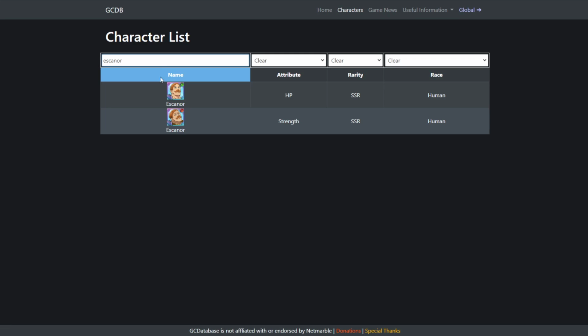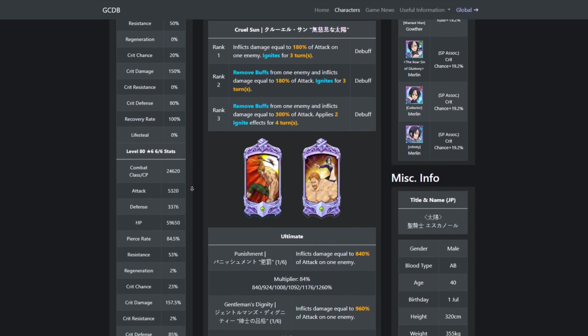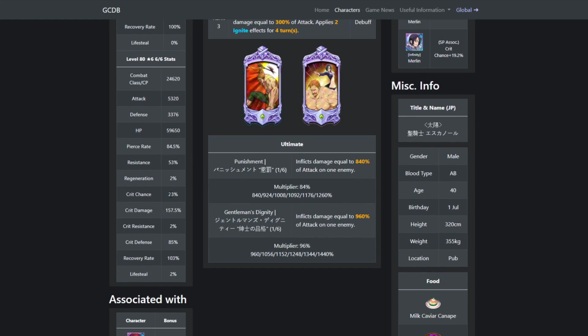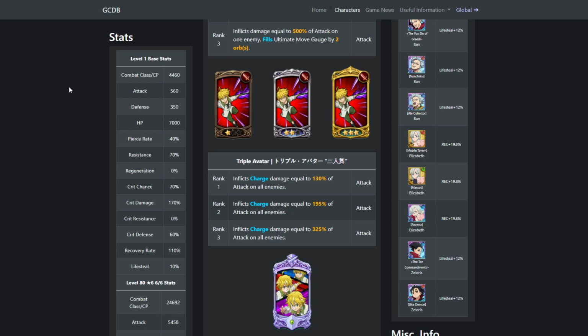If you look at Escanor, both Escanors, doesn't matter, his crit chance is 20%. With weapons and everything, it's like 30 plus, right? Merlin also gives him 19%. So Escanor's crit chance becomes, I want to say, 50-ish. Red Escanor also has multi-hit moves. So it's that type of stuff that's going to make